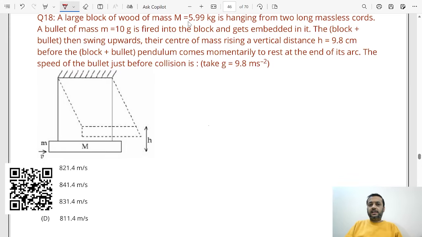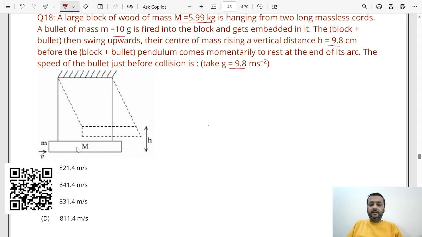In this question, there's a large wooden block of mass 5.99 kg, which is hanging through two long massless cords. There's a bullet of mass 0.01 kg, which gets embedded into the block. Then after the collision, the block rises up. The entire block rises up to a height of 9.8 centimeters. So we have to take gravity as 9.8, and we have to find the speed of the bullet before the collision. Now see,